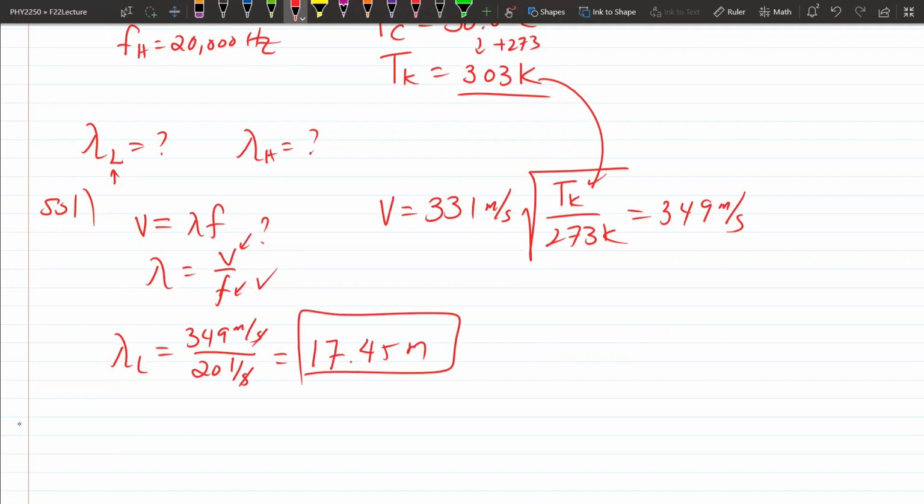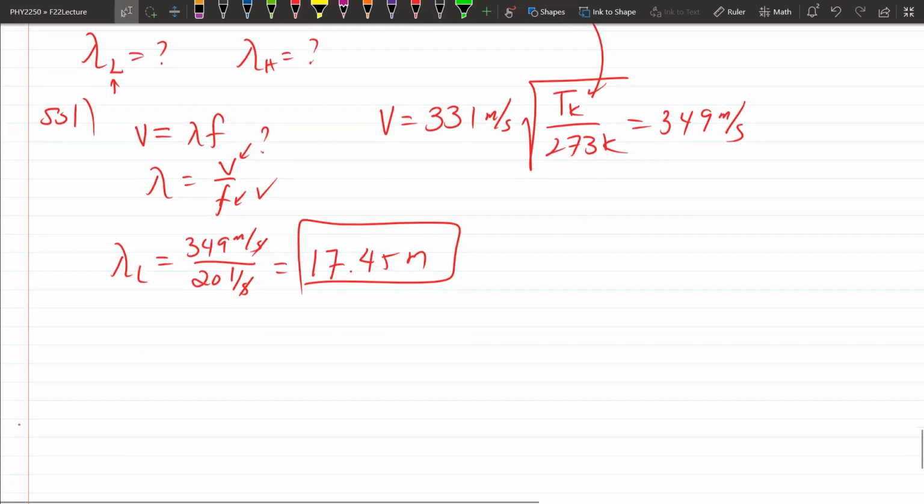So if you're making a 20 hertz sound, this rumbling sound, the wavelengths are actually quite long, 17 meters. If you're making a very high pitch sound, which I cannot do either, the wavelengths of that will be